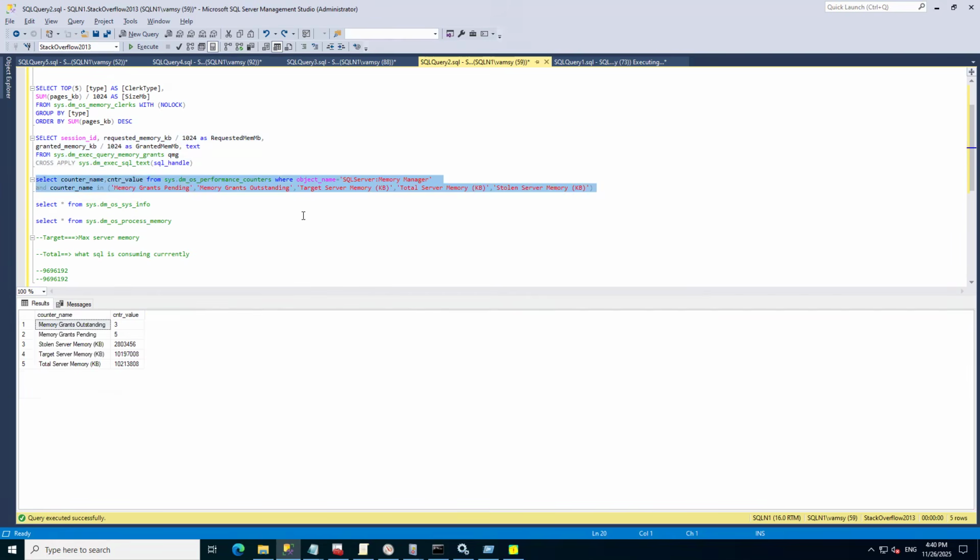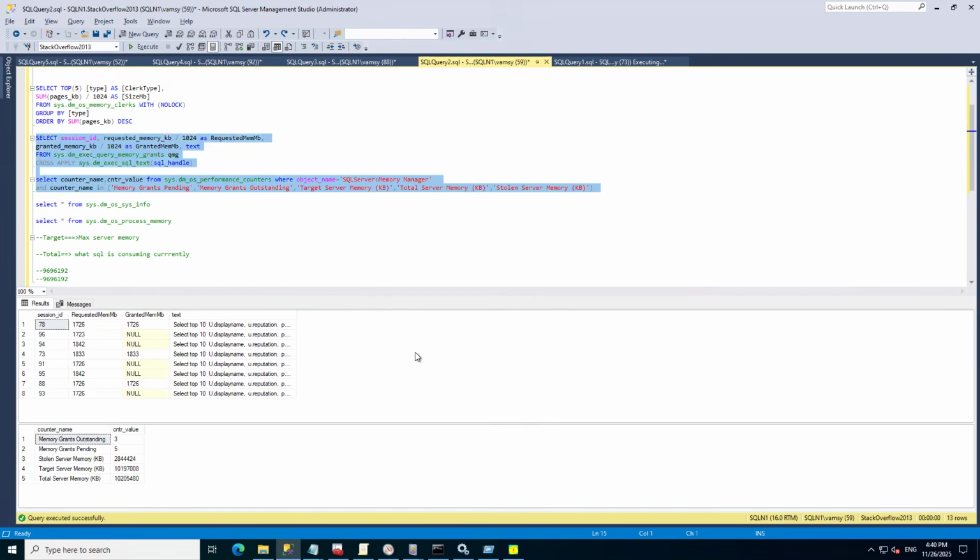Now I'll run both of them together, then you will get to know. So how many values are there? The counter value is 3 for memory grants outstanding and 5 for memory grants pending. Can you see how many nulls I have here? 1, 2, 3, 4, 5. Memory grants pending is nothing but